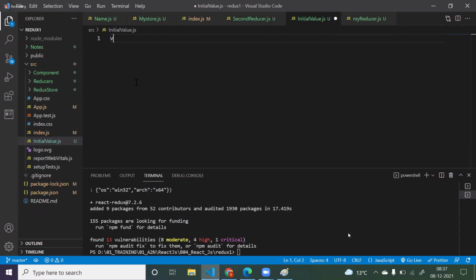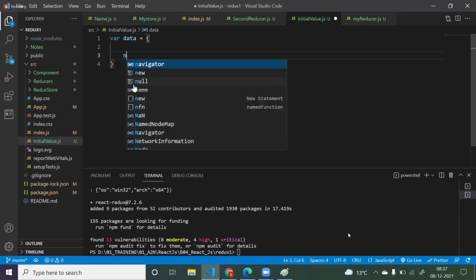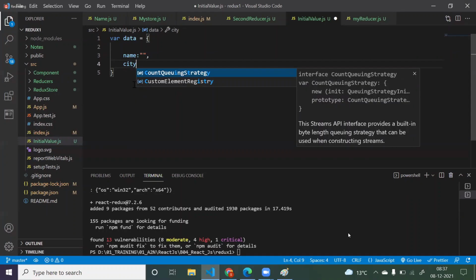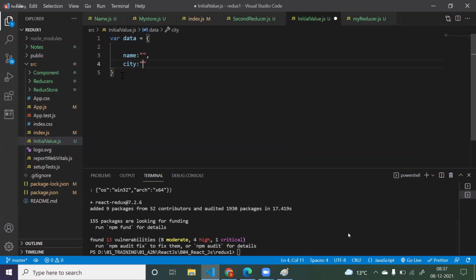So simply a simple object I want to create here. I'm creating var data equals to one object. Here it has a property called name, empty, and one more is ct, empty. That's it. Okay. Now I will simply say export default data.